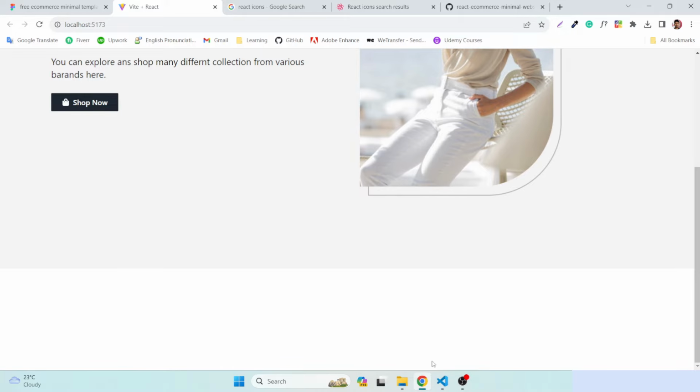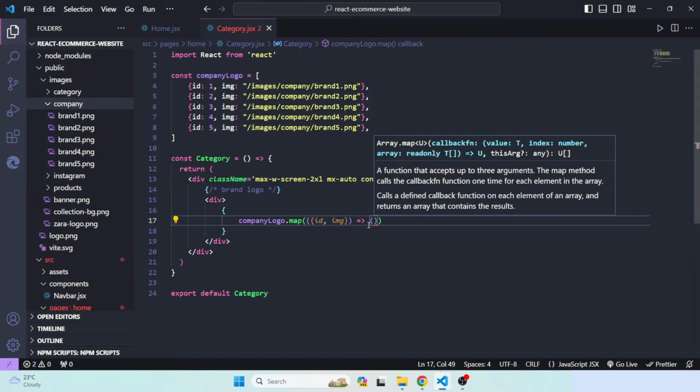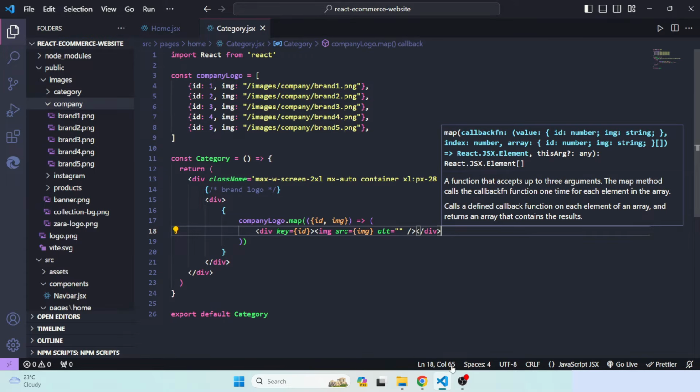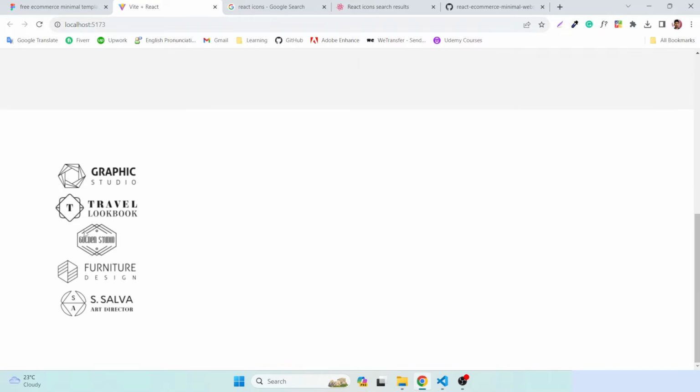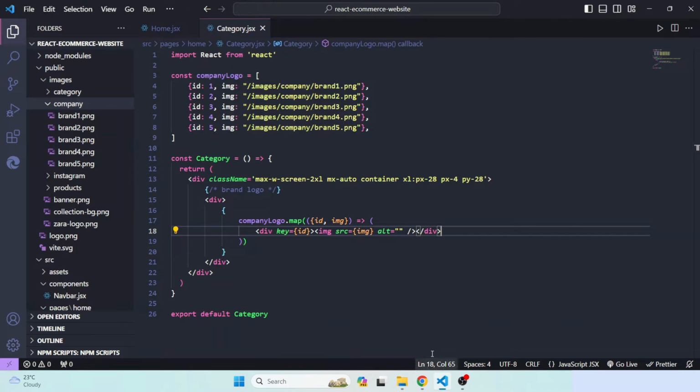So why is nothing showing? Okay, maybe it's because of these curly braces. Let me do it again. This time we'll just remove these curly braces. We can use parentheses, and hope this is okay now. So now you can see we have four logos. From these logos, we have to do some